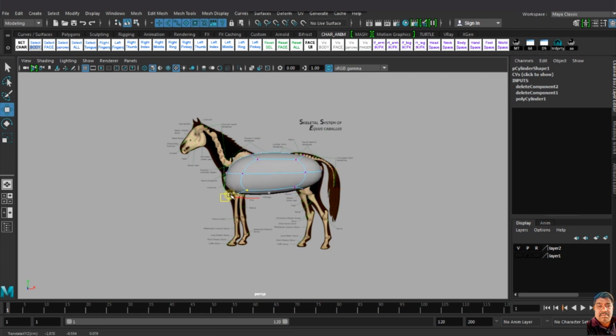Yeah. And now press 3. It is smooth right now, and I adjust all the vertex.